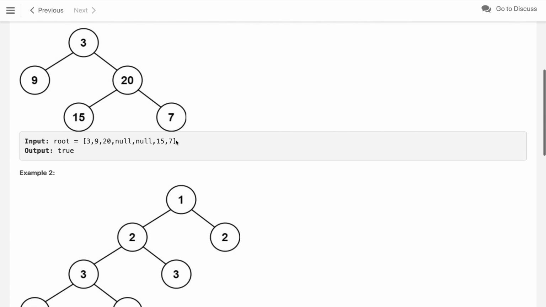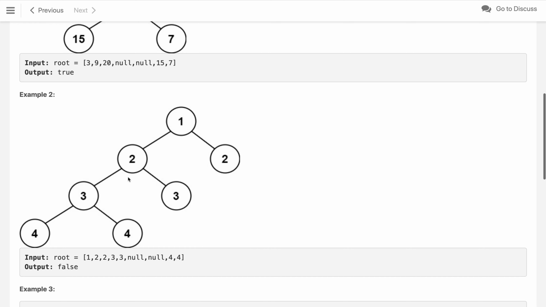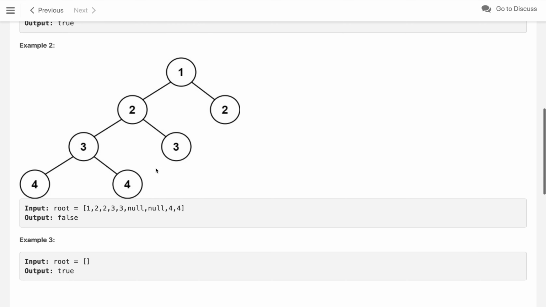So, let us see an example where the tree is not balanced. In this tree, we will go down, we will reach here, and here we will return balanced. Then here also we will return balanced. But if we reach this node, the height of its left subtree is 2 and the right subtree is 1, still this node is balanced, so we will return back. But once we reach here, the height of the left subtree is 3, which is the maximum depth of this left branch, while the right is 1. So this is violating the condition, which makes this node unbalanced. So, this overall tree is unbalanced.